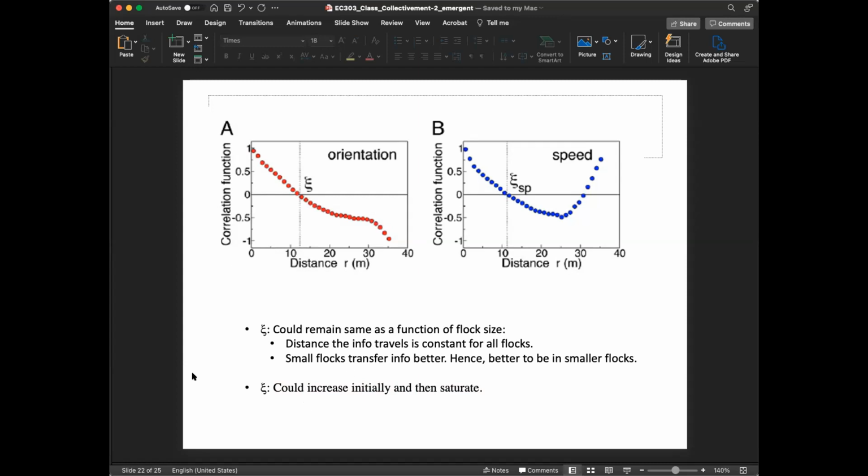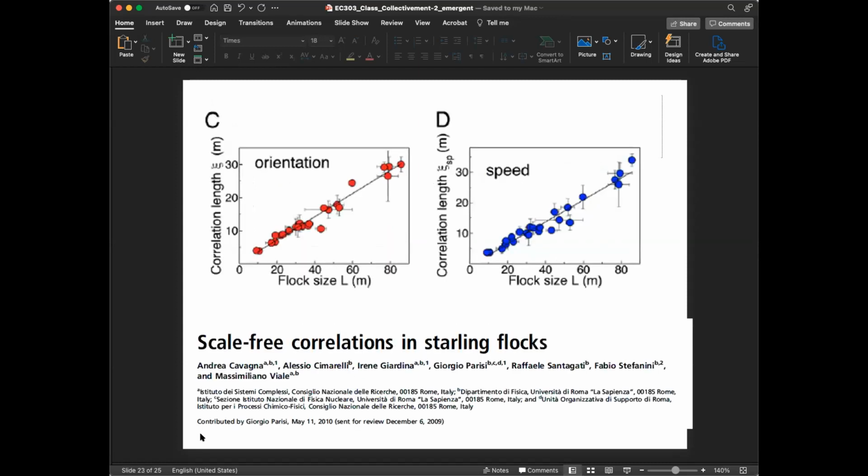Okay, that's another possibility. Let us see what they actually find. This is what they find. So what they find is that this length as a function of flock size kept on increasing for all the flock sizes they measured. This goes from the flock size of 10 to 80, but I just want to emphasize one thing here. The flocks are three-dimensional. The flock size they are measuring by some measure of volume of the entire flock, which means that you're really looking at the flock size technically as the cube of the values on the x-axis.